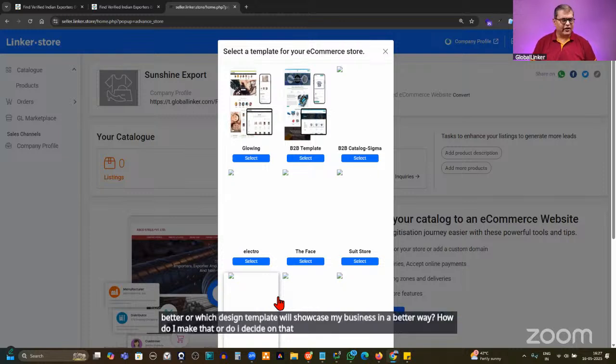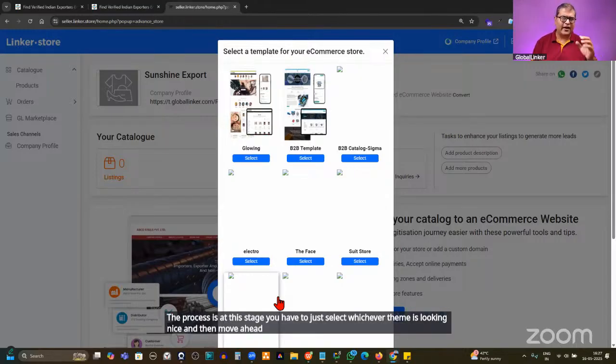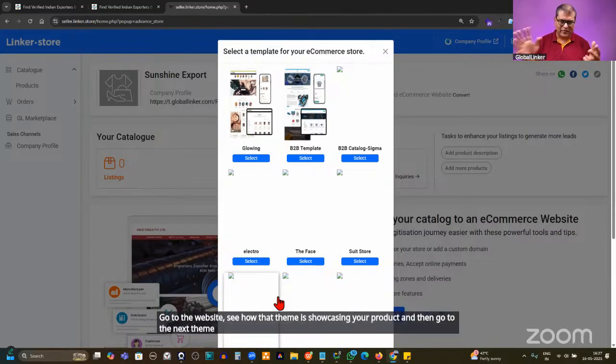Now, there is a process that you can follow. If you have that confusion, I suggest you follow this process. At this stage, just select whichever theme is looking nice and move ahead, completing this journey. After that, go to the theme section. After uploading a few products, go to the theme section, apply a particular theme, go to the website, see how that theme is showcasing your product, and then go to the next theme, and again go back to the website after applying the theme and